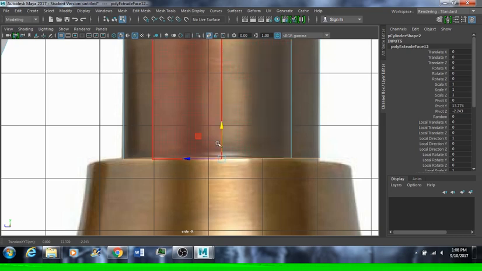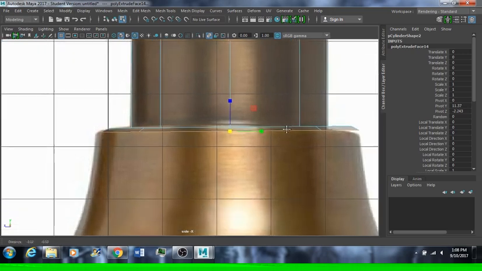And we're going to be repeating ourselves like we did with the other pieces. I'm going to hit G, I'm going to hit R for the scale option. I'm going to hit the middle one. I'm going to be scaling it out just a little bit. I'm going to hit W. Actually, this time, I don't think we're going to scale it down. We are just going to hit G again. And then I'm going to move it down. And I'm going to hit R to scale it to create that round part. So even though some of this might not match, it's okay if it's slightly off. Nothing is completely perfect